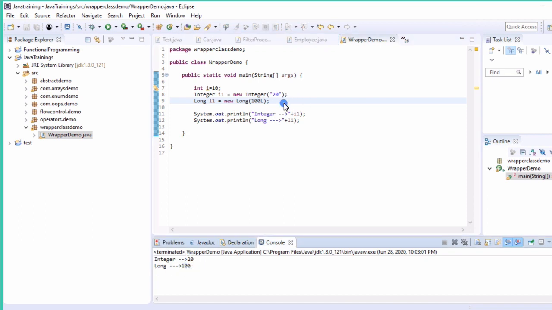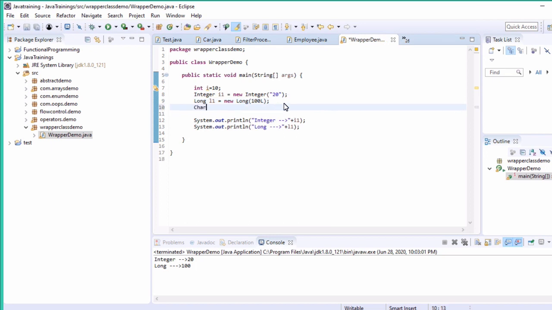If you see, character also you can do. So character you can't create with string, right? If you try to create it, it will give an error. For character you can pass only a character, you can't pass a string. For character there will be only single quotes, but if you want to give a string we need to give double quotes.